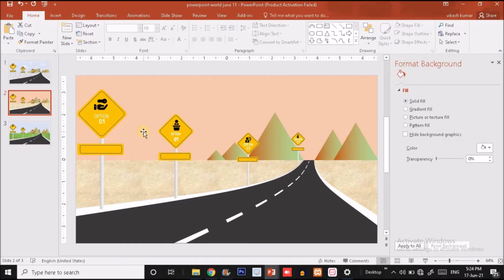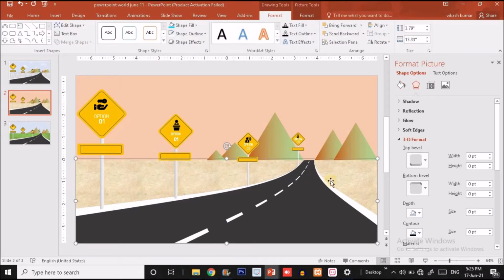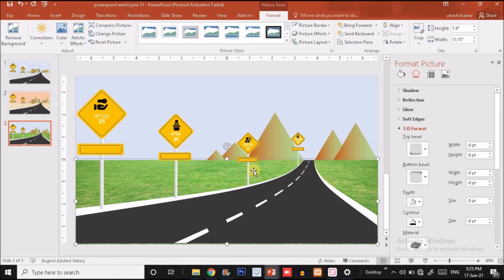As you can see here, I have put red color on the top rather than blue color because I just want to represent that it is a season of summer, and you can see the sand is spread on both sides of the road, and the overall scene looks quite similar to summer. And the third one, as you can see here, I have tried to create a natural beauty and put some grass on both sides of the road.